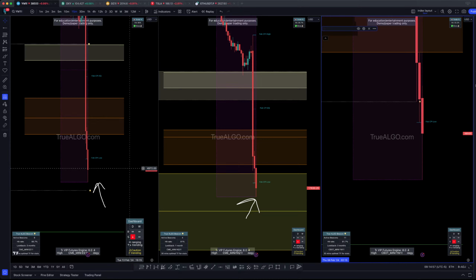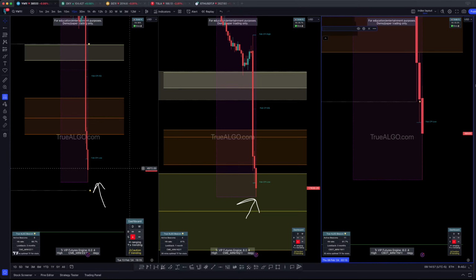US 30, you're below the box now. You're about to clear a True Algo beacon. There's another beacon on the bearish side down here for the ES SPX SPY folks. Notice we're at the very bottom of the box now on both US 30 and the ES. You guys see this right here? See these two arrows left and right side of your screen? That's as low as you should go, and this is the very bottom.